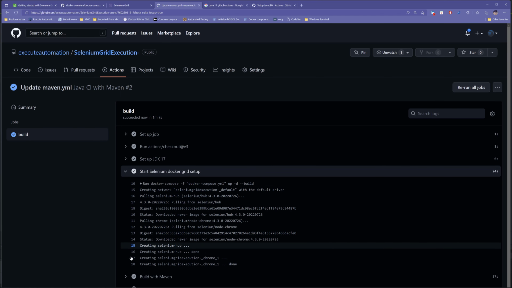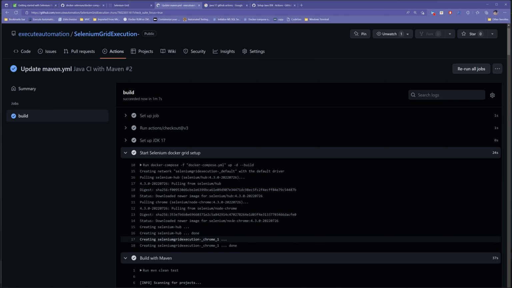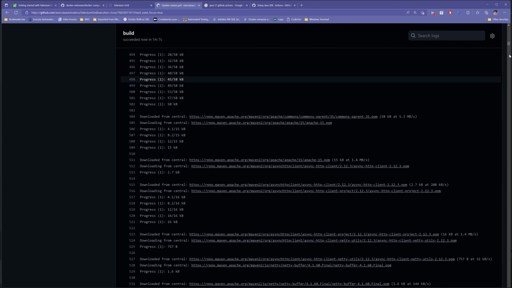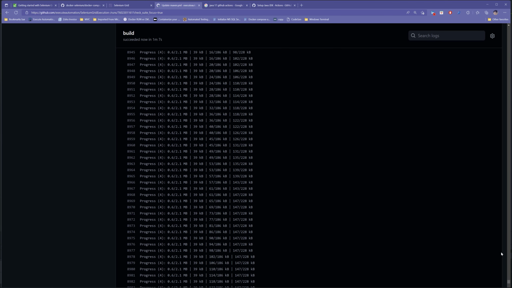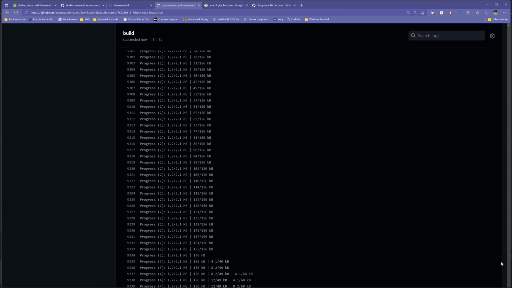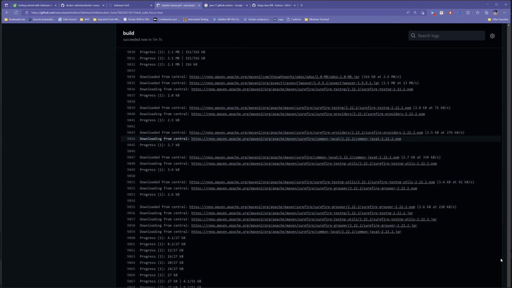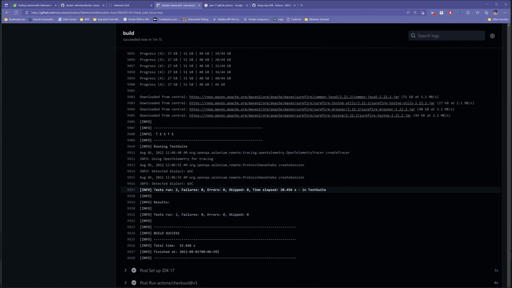So let's go to the build with Maven step of our GitHub actions, and let's go back all the way down because the log is too huge. It is showing a lot of detail. And we also need to see whether our test execution has been done or not. So you will notice that our test execution has been completed. It has really connected with the Selenium Hub. You can see that there were 2 sessions being created and there were 2 runs and the execution got